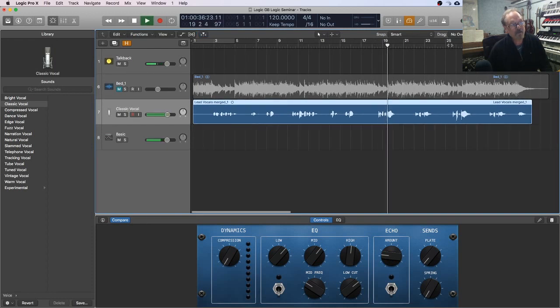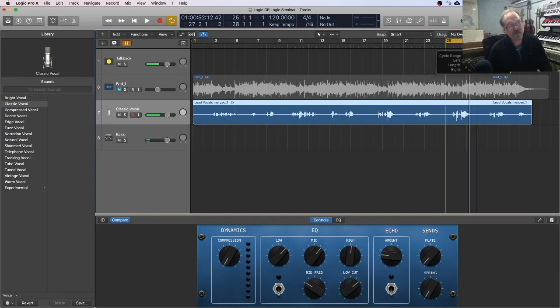I can jump around into different parts of the song. And the nice thing I can do here is if I click and drag up in the numbers,